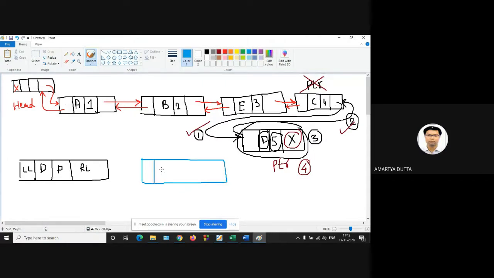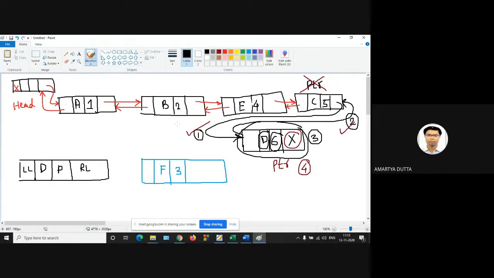Let this be F with priority 3, and let this be your 4, this is your 5, and this is your 6.